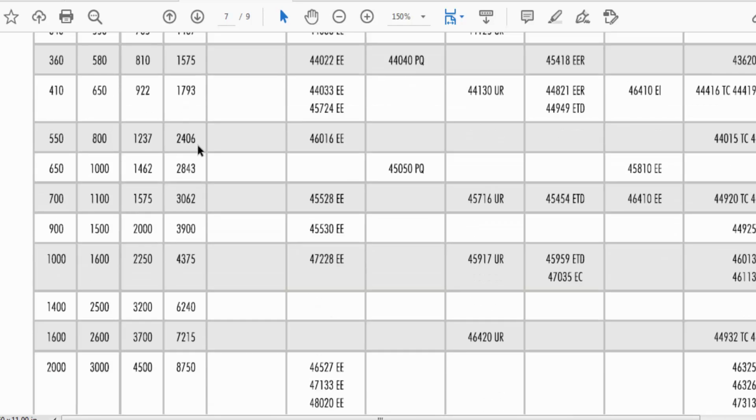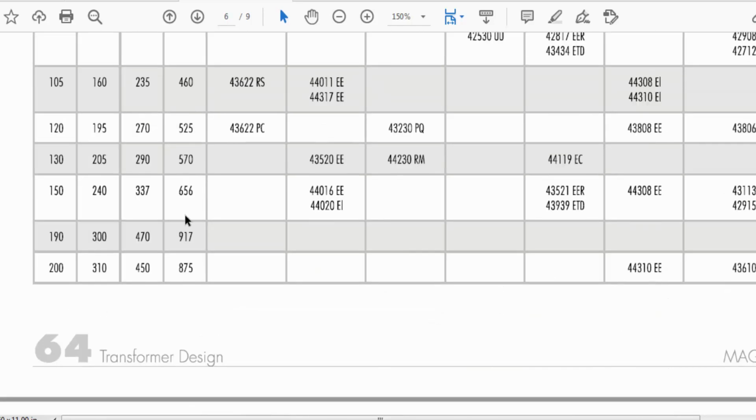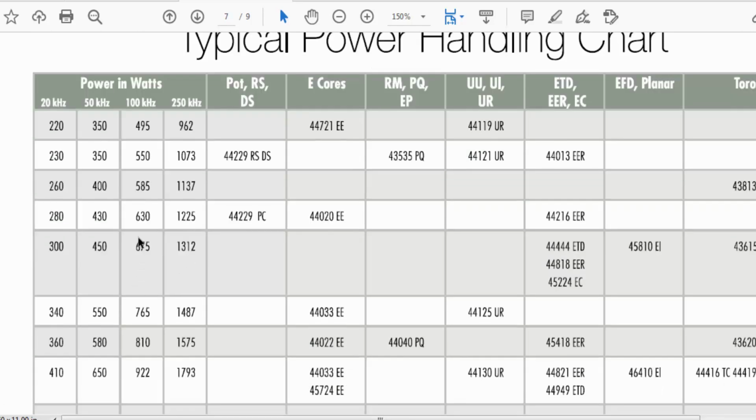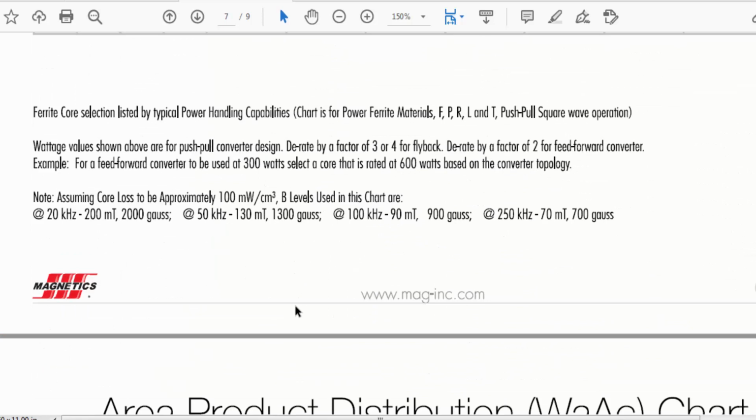Here if I want to take 300 watt, I have to select a 600 watt core. I have to use this core, EE4020 or 4229 PC or 4216 EER. That's a 600 watt core, and it will give 300 watts in the output.